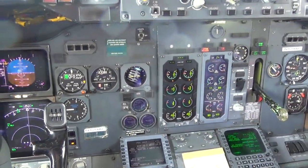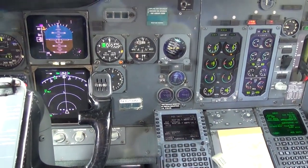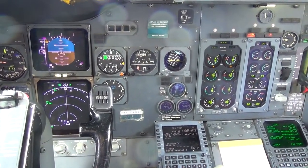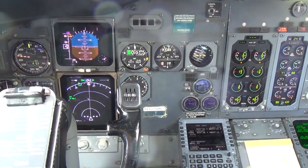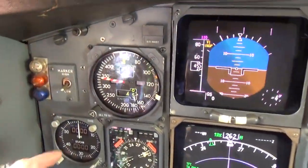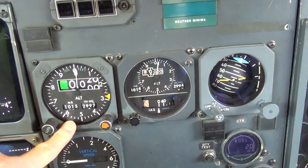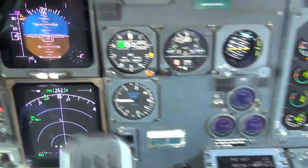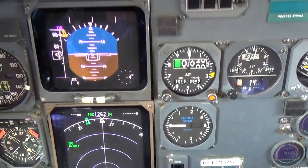But we're sitting here in the cockpit of a 737-400. This airplane is kind of a crossover between analog technology and digital. Although most of the boxes downstairs are digital, we're still looking at a lot of analog instrumentation. Digital air data downstairs, but an analog airspeed indicator, an analog altimeter, an analog IVSI. We still have an analog RMI with the compass card, but we do have two screens,